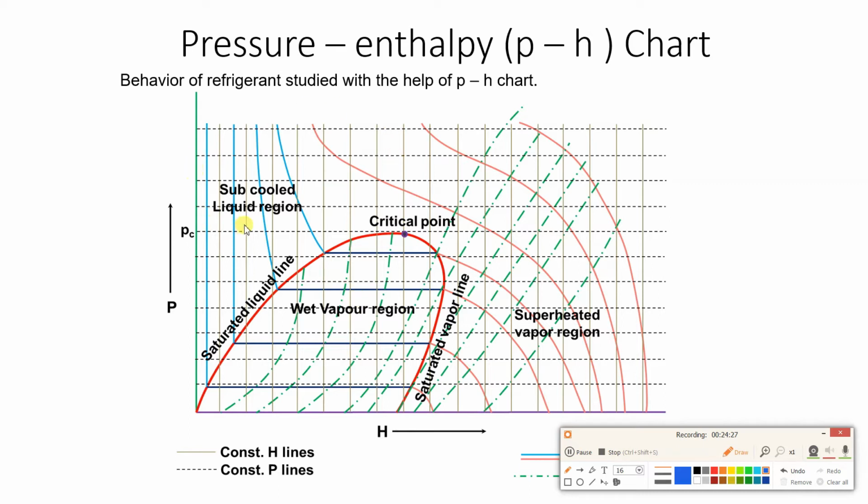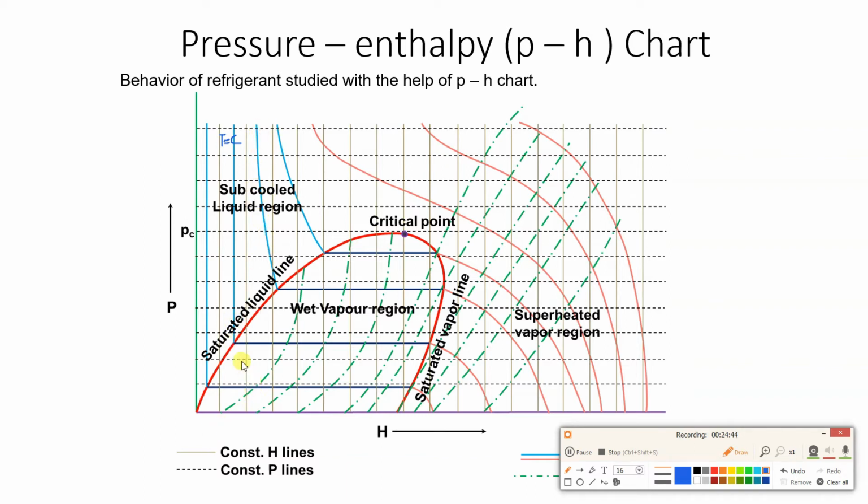Next, the most important curve which we are going to see is the constant temperature curve. Here you can observe in subcooled liquid region, this is vertical, this is the temperature equal to constant curve. Okay, understand what is the nature of this curve. Here in subcooled liquid region, this part you can say it is vertical. Okay, here it is slightly curved.